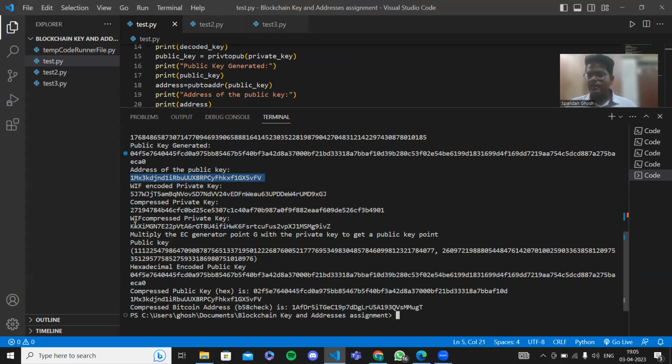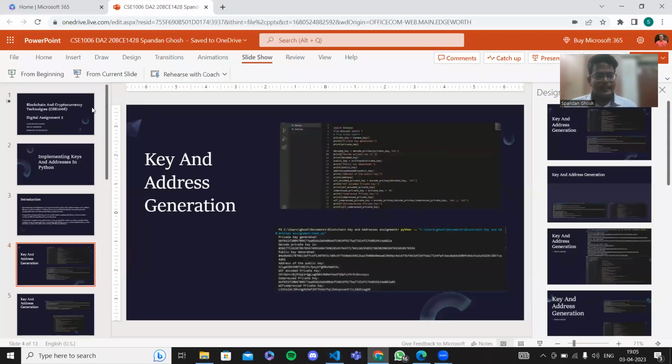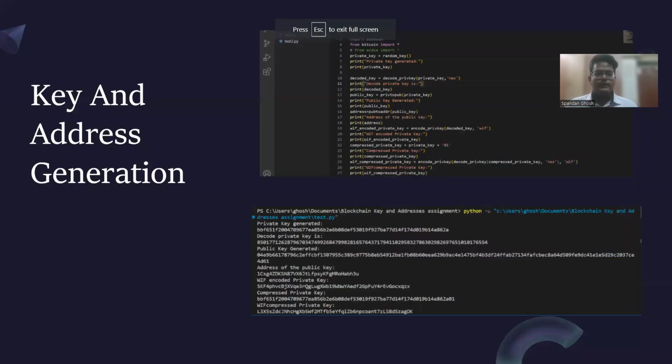The term compressed private key means a private key from which the compressed public key should be derived. Moving on, we will see how to multiply the EC generator point G with the private key to get a public key point. So quickly moving back to our slides,